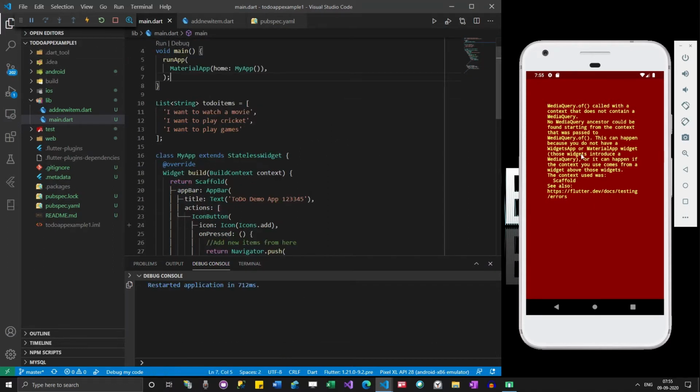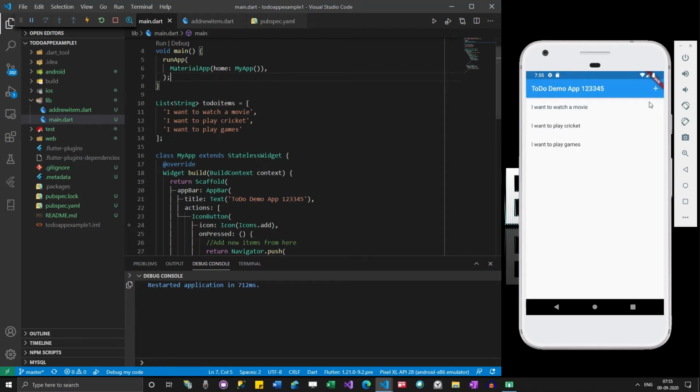Now we are having an error. Let me fix this issue. It's gone. Actually, it's just a matter of refresh. Now if I click this plus button, you can see that it is going to a new page.